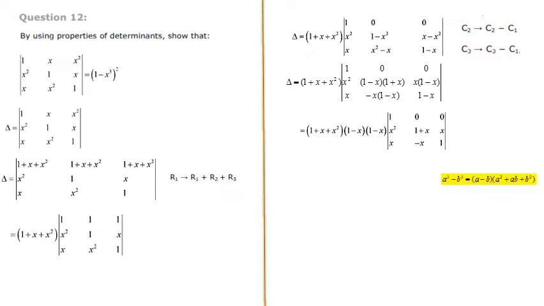Now just using the identity a cube minus b cube is equal to a minus b into a square plus ab plus b square, we can change this algebraic term. That is 1 minus x into 1 plus x square. We can join together and write it as 1 minus x cube. That means a cube minus b cube. A cube is 1 cube, 1 cube is 1, x square, b is x, so b cube is x cube. Then this 1 minus x is the balance that we can write.